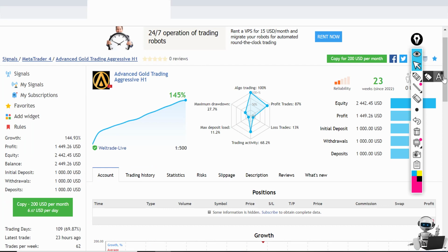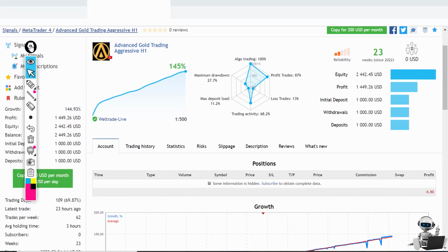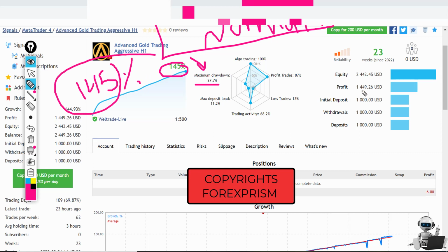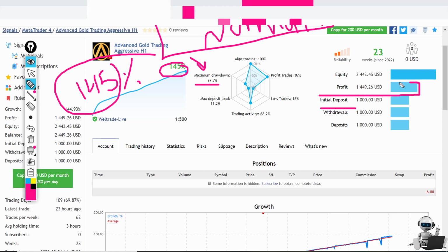And the live trade, the most important factor, I see the gain relationship to the maximum drawdown. The drawdown has been 27%, which is not that high, but we can consider it a normal risk. It is not low risk either. The gain has been quite impressive, 145%. We can see the initial deposit of $1,000. He got a profit of